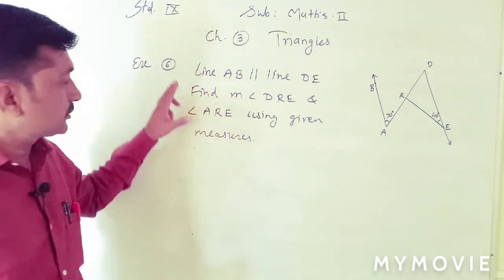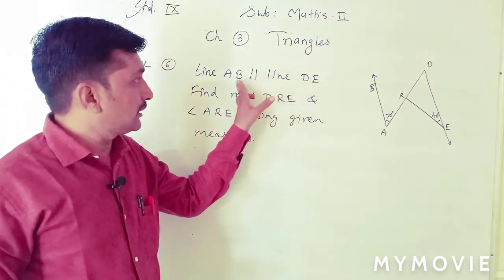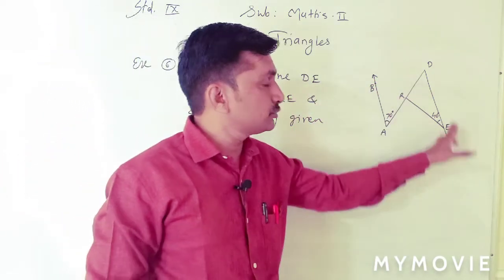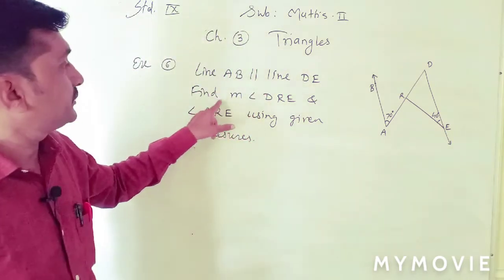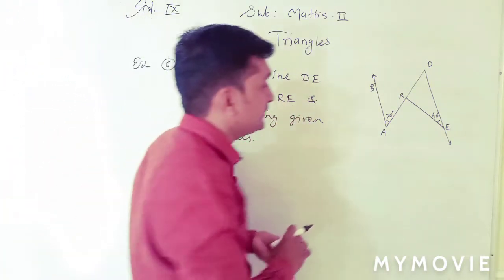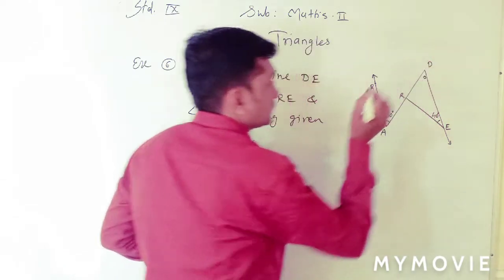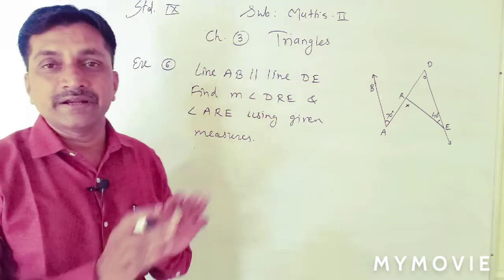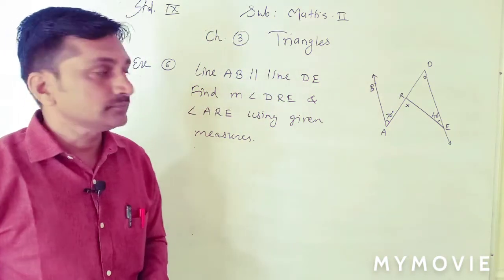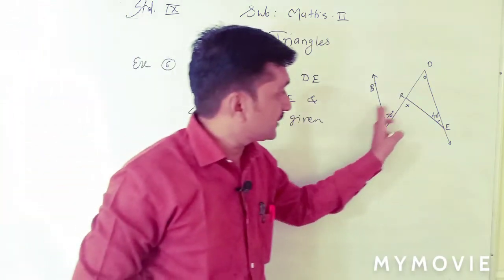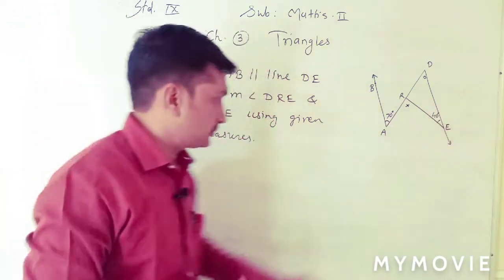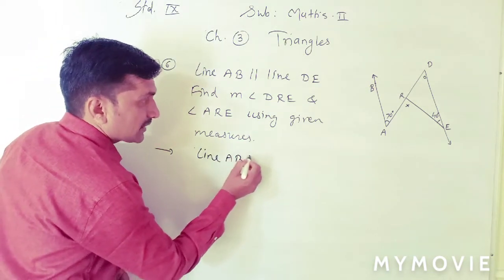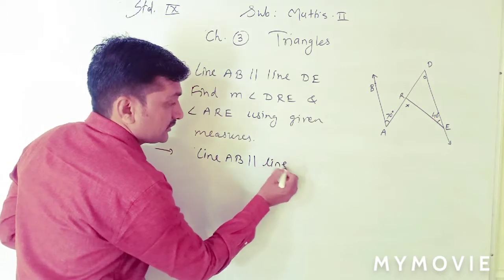Dear friends, in this figure, line AB is given parallel to DE, and we have to find the measure of angle DRE and angle ARE. Now here, as AB is parallel to DE, it is given. Let's start from this given condition. Line AB is parallel to line DE,